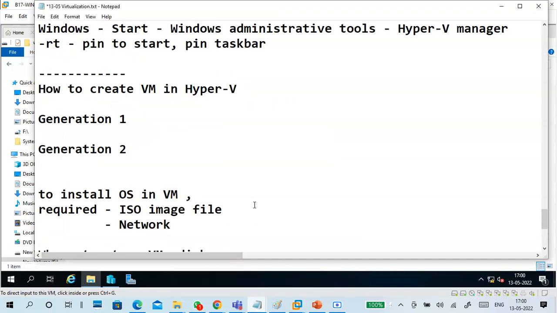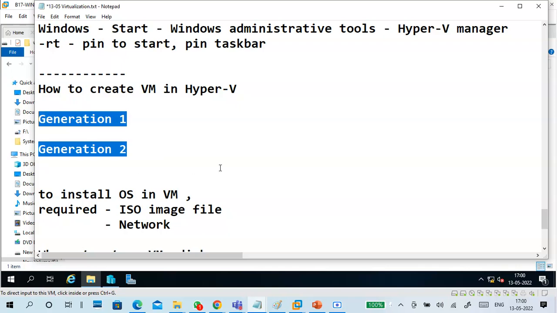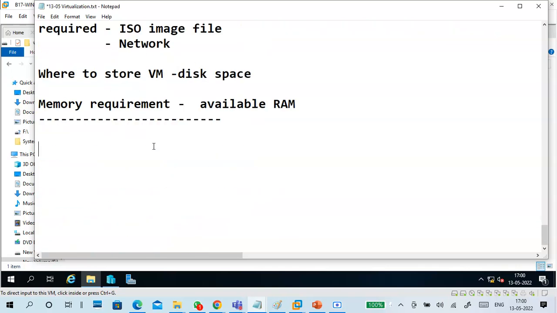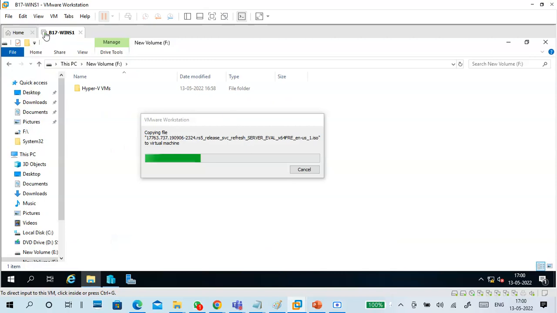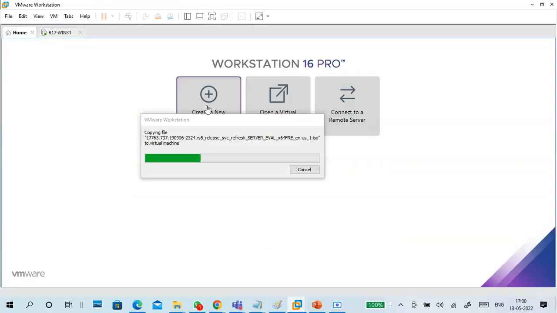Guys, again I said no, generation 1, generation 2. I will show you what generation 1 and generation 2 are, but before that I will type it. Normally when you create a virtual machine in VMware or VirtualBox or vSphere, those kinds of things you have already seen, right? So when you create a virtual machine,